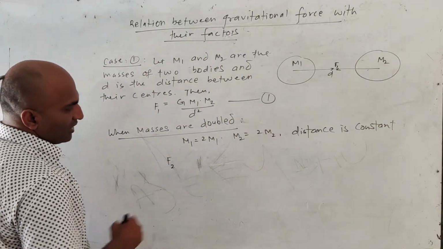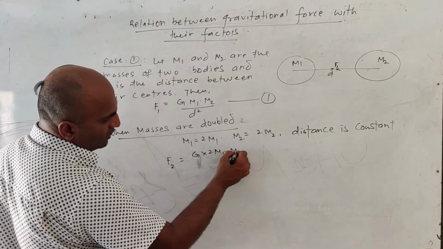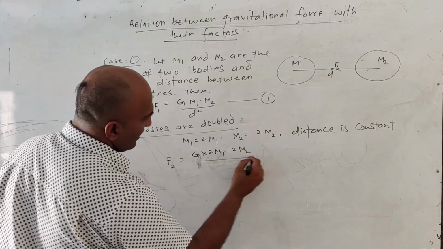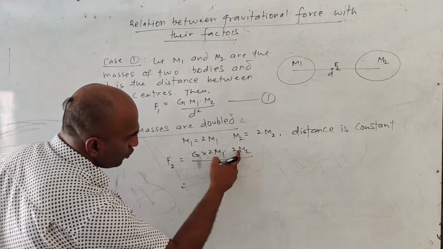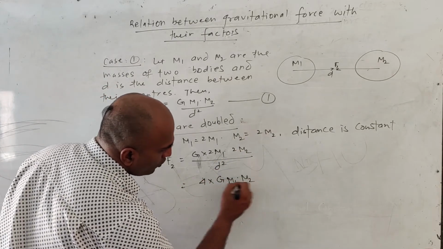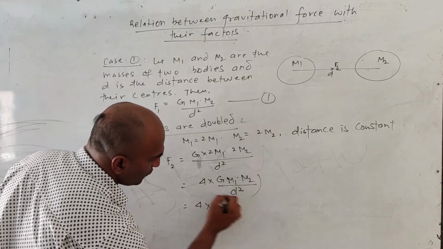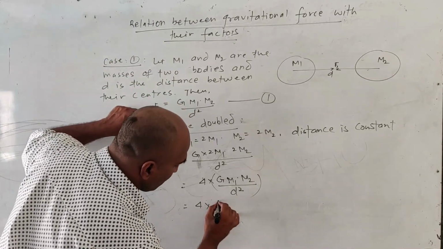Therefore, in this condition, the force will be G into 2M1 into 2M2 divided by D square of the distance. So 2 2s are 4, 4 into GM1M2 by D square. So we can write 4 into this term GM1M2 by D square is equal to F1